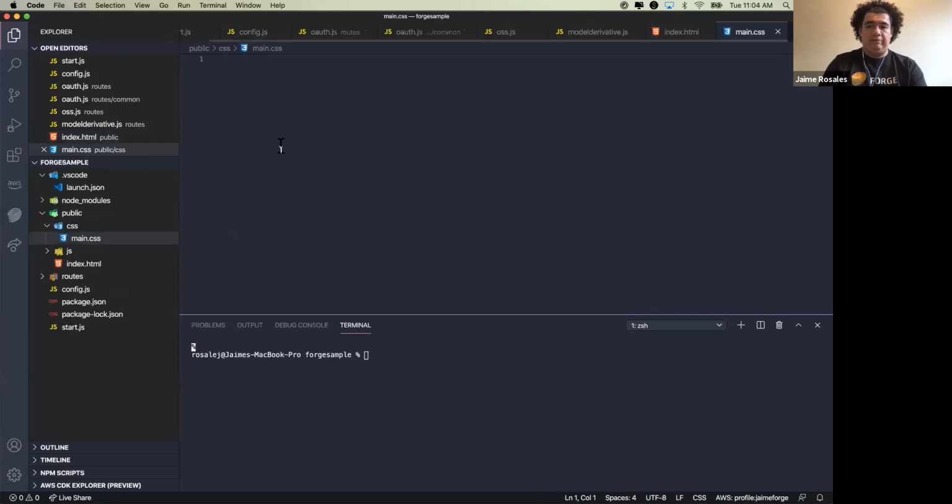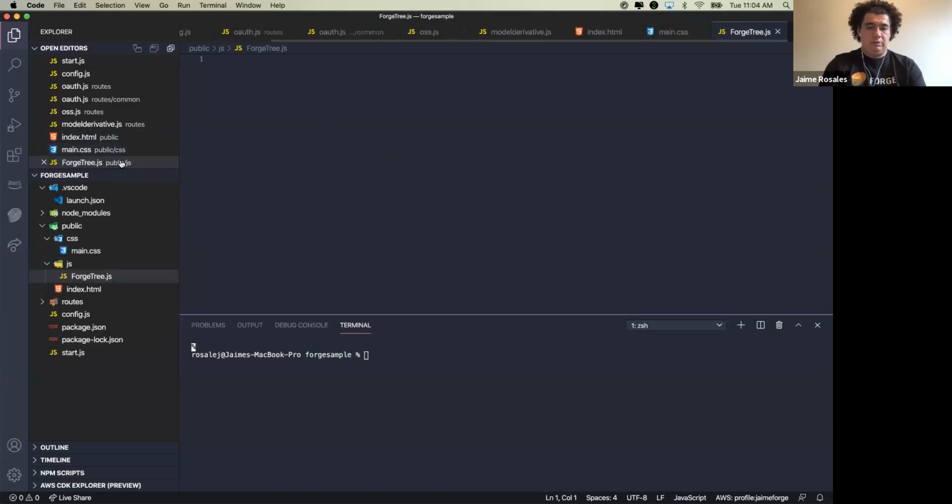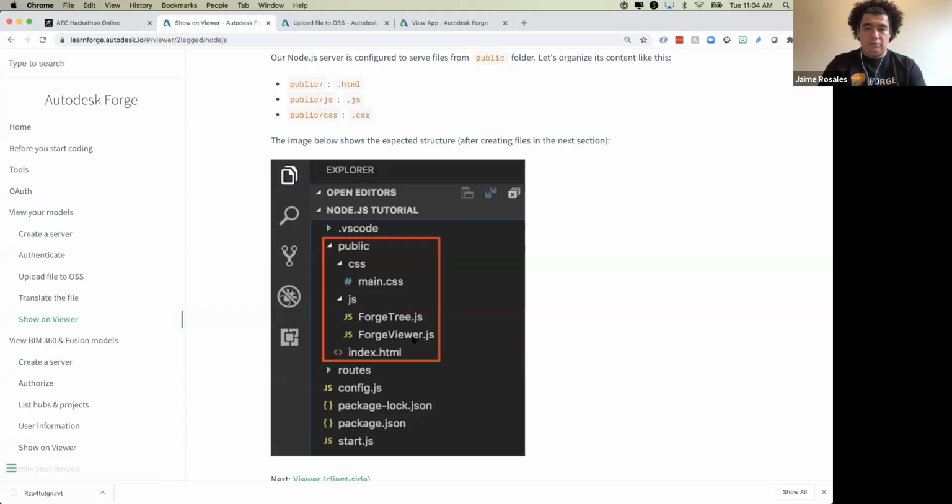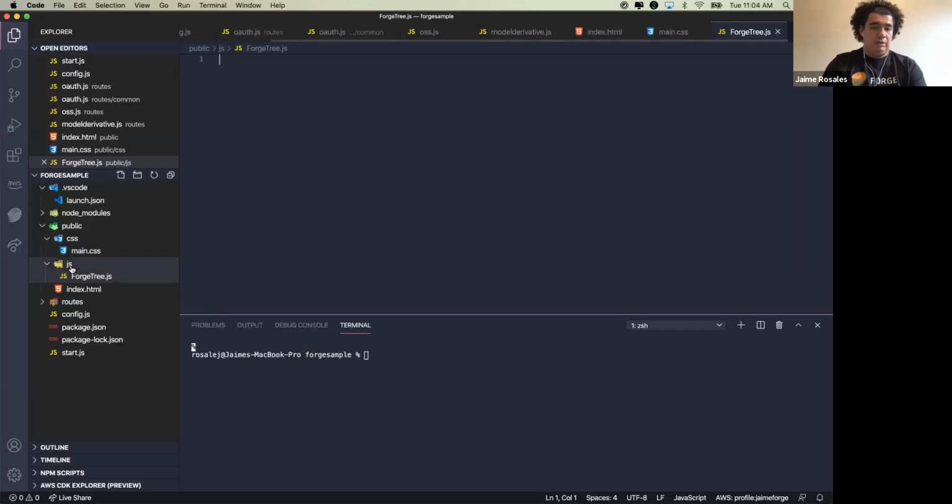We're gonna come back and fill out those in a second. So now JS, and it's gonna be forge3.js. I think that's what it is, yeah. And then forgeviewer.js. Inside of JS again, new file,